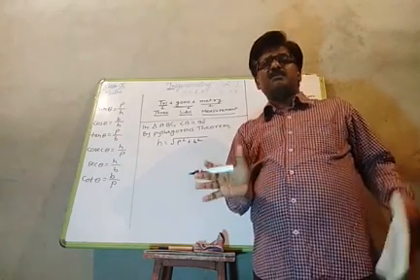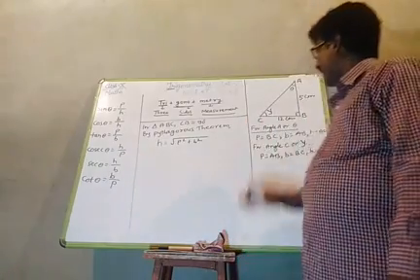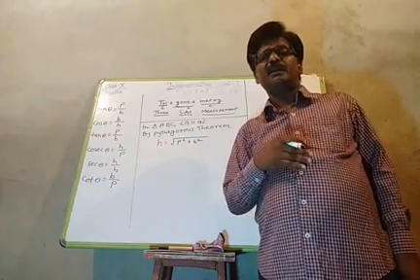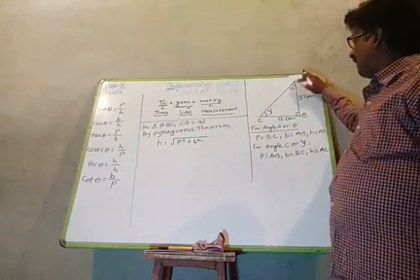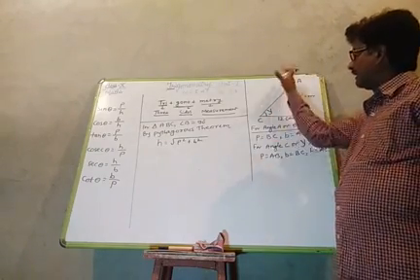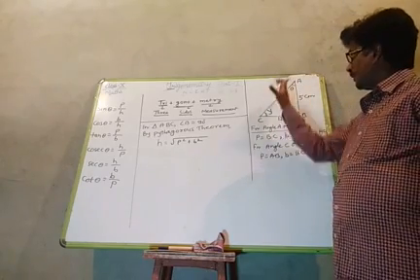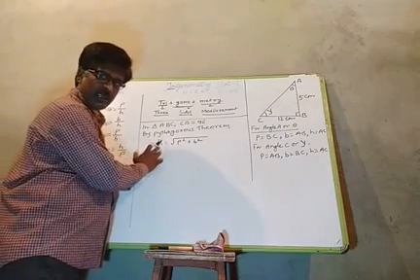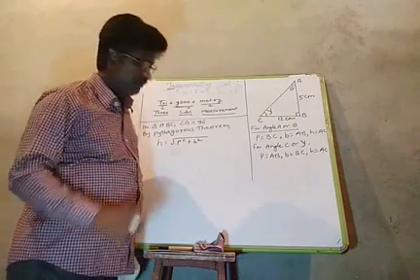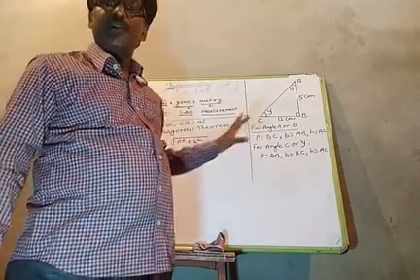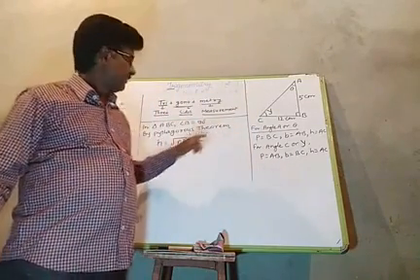And in a triangle, the side opposite to the right angle is the longest side, that is hypotenuse. And in previous classes you have already read that if in a triangle any two sides are given, then the third side can be calculated. For example, if I have given this AB 5 cm, BC 12 cm, and this AC is not given, so we can find AC, and the AC is here the hypotenuse. And for finding the value of hypotenuse, the formula is H is equal to under root P square plus B square. So P is let 5 cm and base is 12 cm.